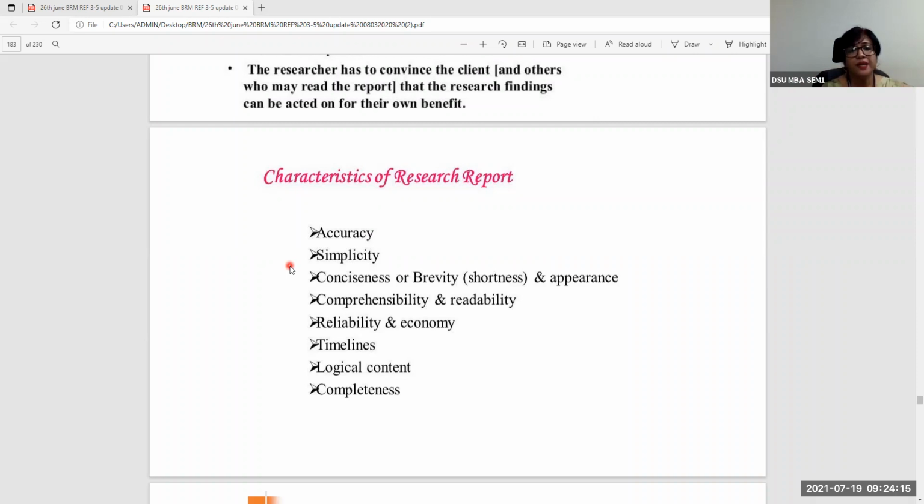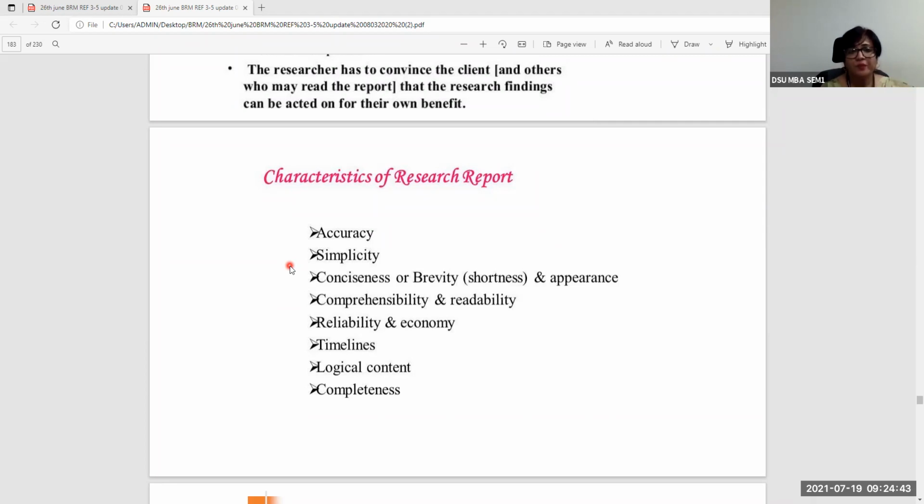So a company might be conducting a research report. Finally, that research report also needs to be perhaps disclosed to the public, right? So the public must be able to also understand, in effect, in gist, what is the meaning out of the conduct of the research report. Therefore, the simplicity should be there. There should be conciseness or brevity, that you should be able to create the report not in a very lengthy, winding format, but it should be really short.